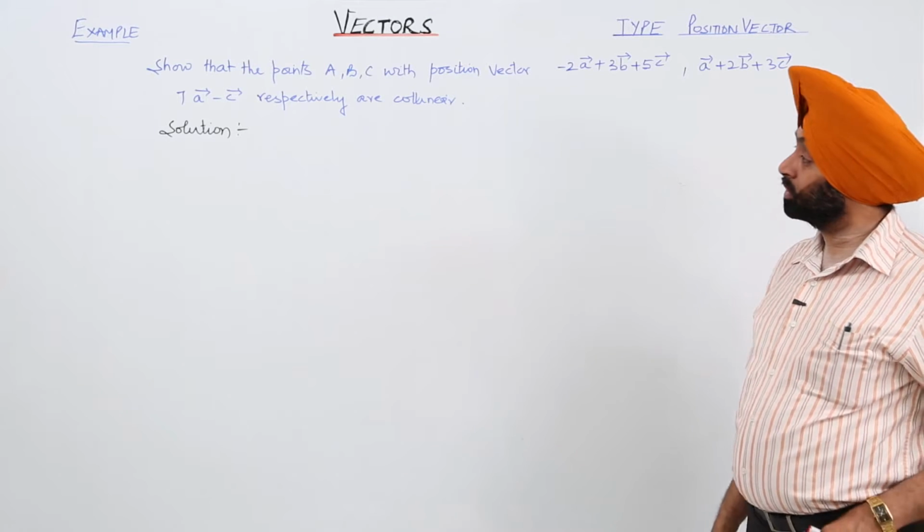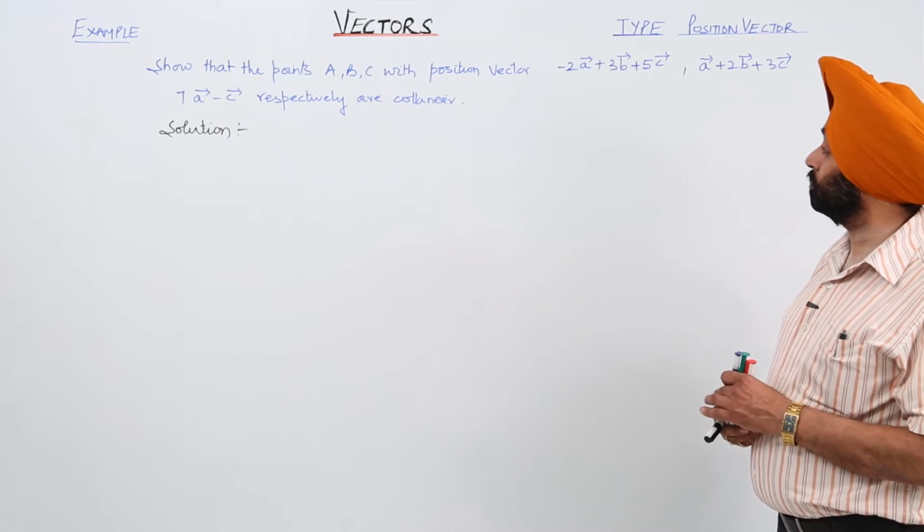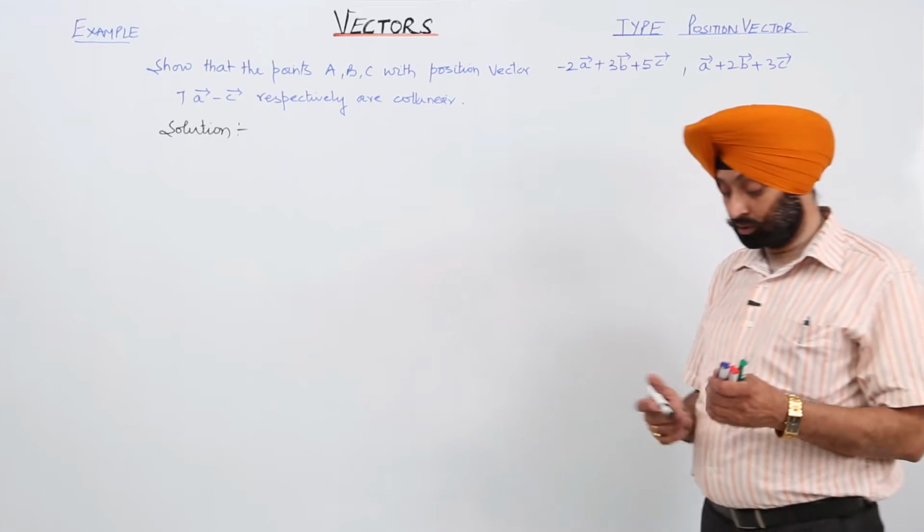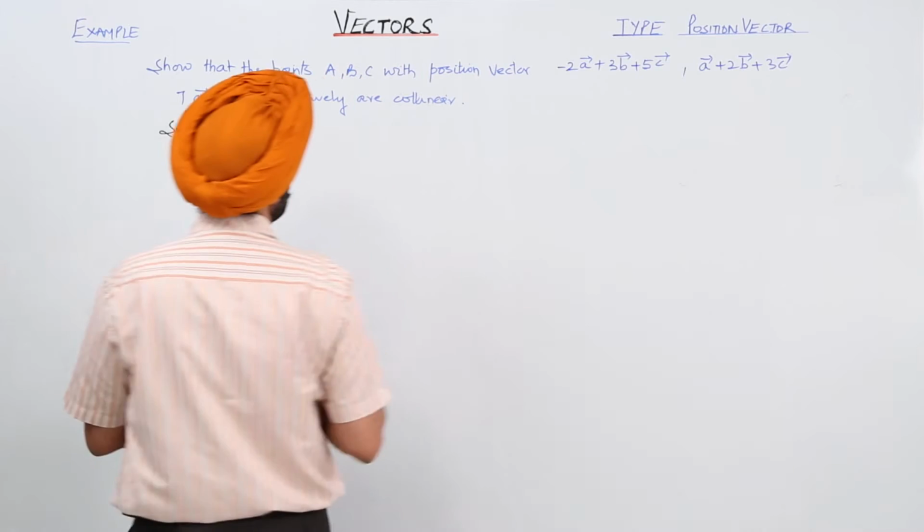In this example, we have to show that points A, B and C are collinear when their position vectors are given. Okay. So now,